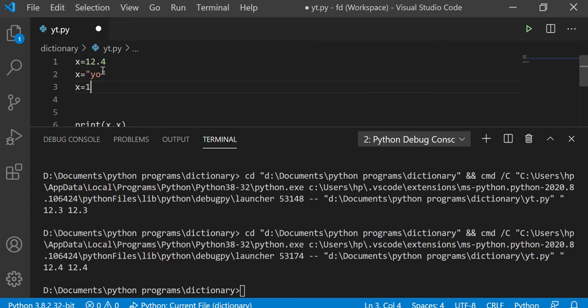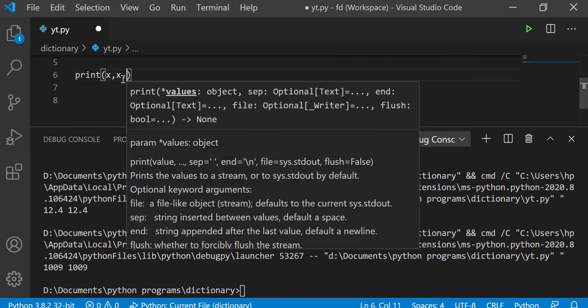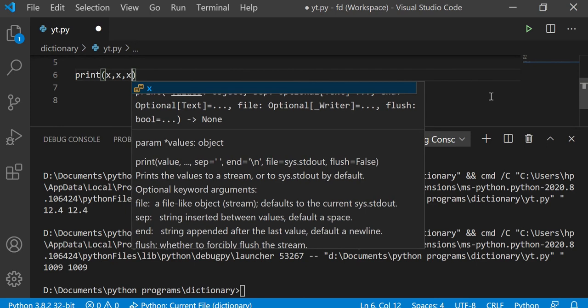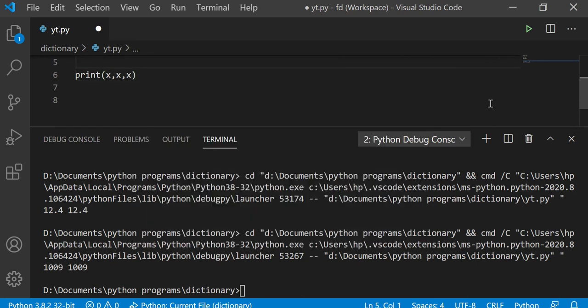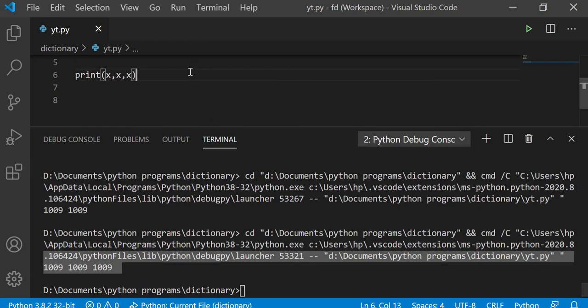If we assign a string to some variable, you will have to use double quotes or single quotes for that. Now we have changed the value of x 3 times. The last time it has changed is 1009, and that's why by printing xx we get 1009. While we print xxx, the output will be same, we will get 1009 3 times, just like this.